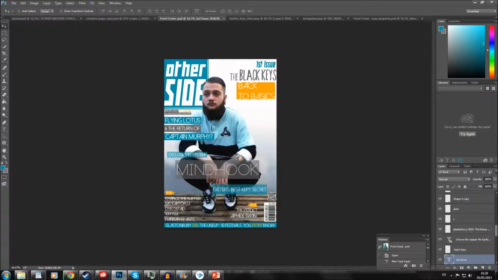There's the crop tool. There's the eyedropper tool, which allows you to sample different bits of colour of the image. And on the right hand side you've got the layers. When I first started Photoshop, I had no idea how to put one thing on top of the other, mostly because I had no idea how layers work. And now look, I've got far too many of them. But yes,